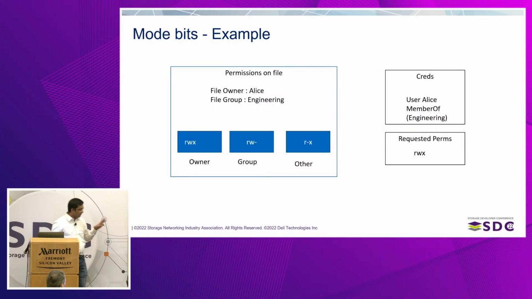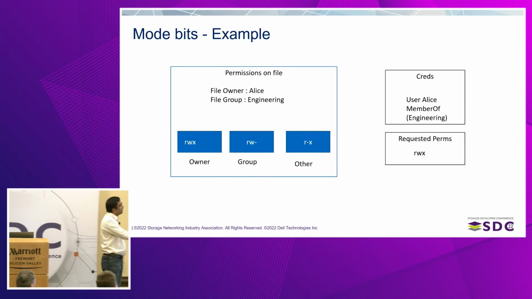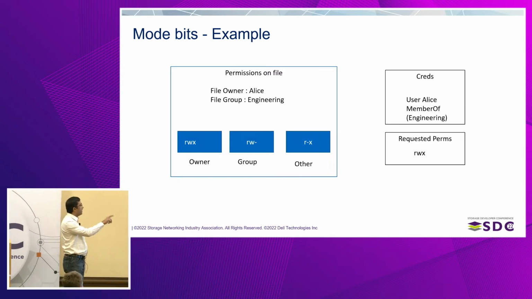So this is the basic anatomy of a permission checking call. It has 3 components. On the left, you have the permission of the file. On the right, you have the creds and the requested perms. The creds are essentially the identity of the user. In this case, it's the user Alice, who's a member of engineering. And the requested permissions are what Alice wants on this file on the left. So this file has RWX, RW-, and R-X. This is what a permission checking algorithm will look like if you want to represent it. The thing to note here is that